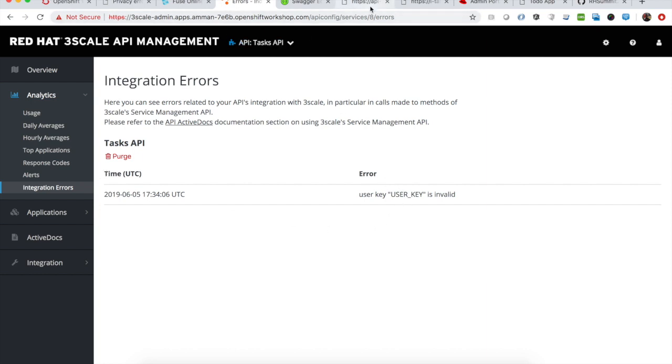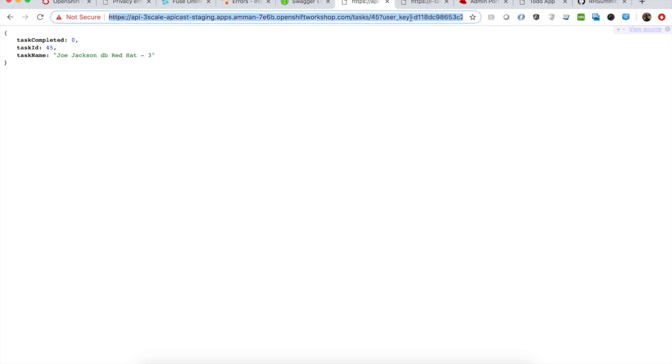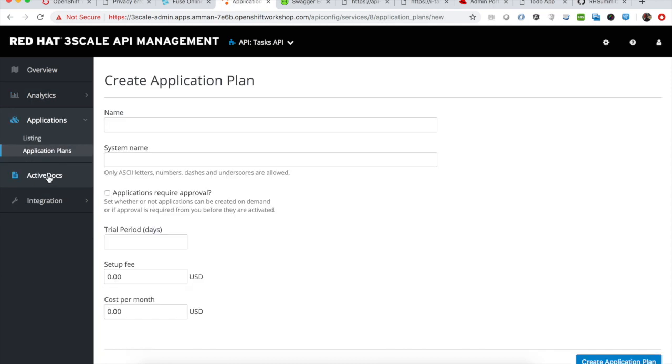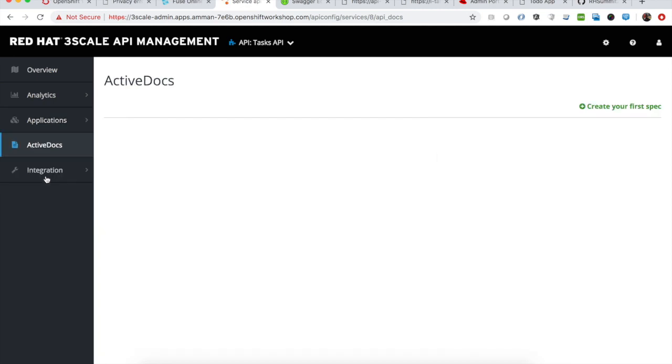In this case, let's give it a try. Let's pass, for example, an invalid key by adding 1 in front of it. So authentication failed. So definitely this will be reflected. Yes, so invalid key. One last step is to, again, add the active documentation for this API. So in the next demo, we will show how we can discover those APIs through the developer portal and access the active documentation. So again, create